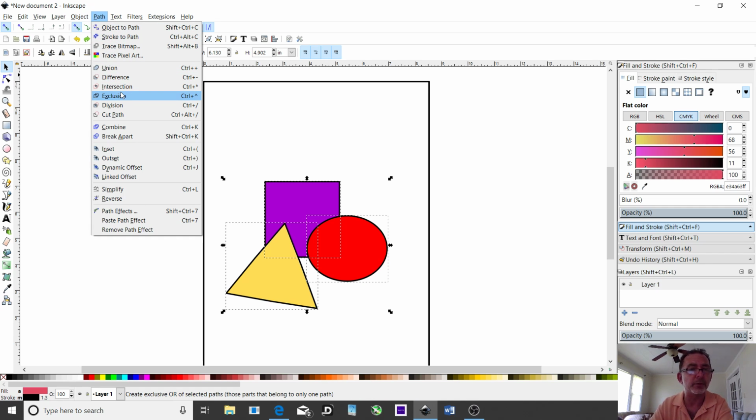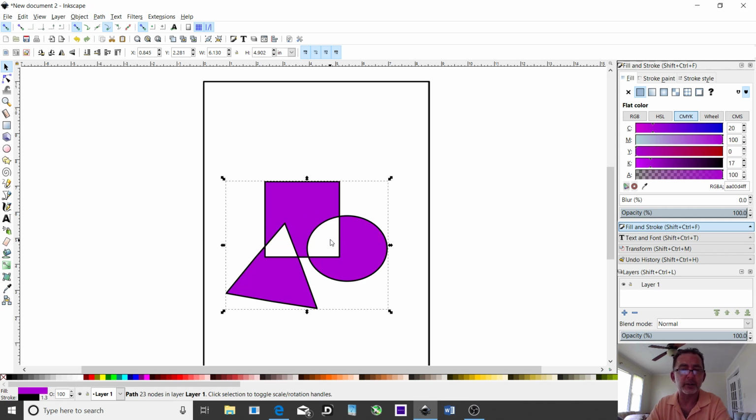We're going to go to, let's just say down here to exclusion. Okay, so it excludes these areas that both shapes, when they come into contact with each other. So as an example, you can,